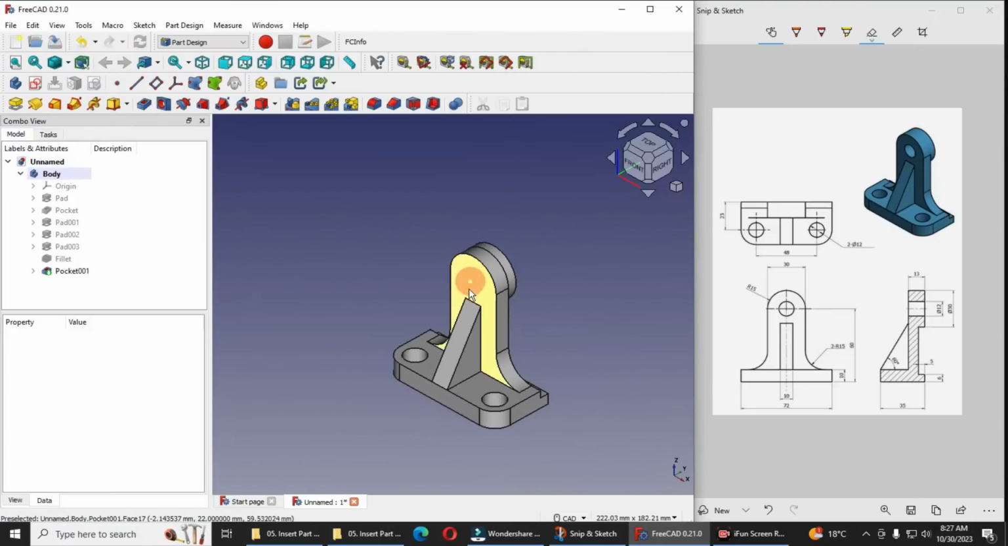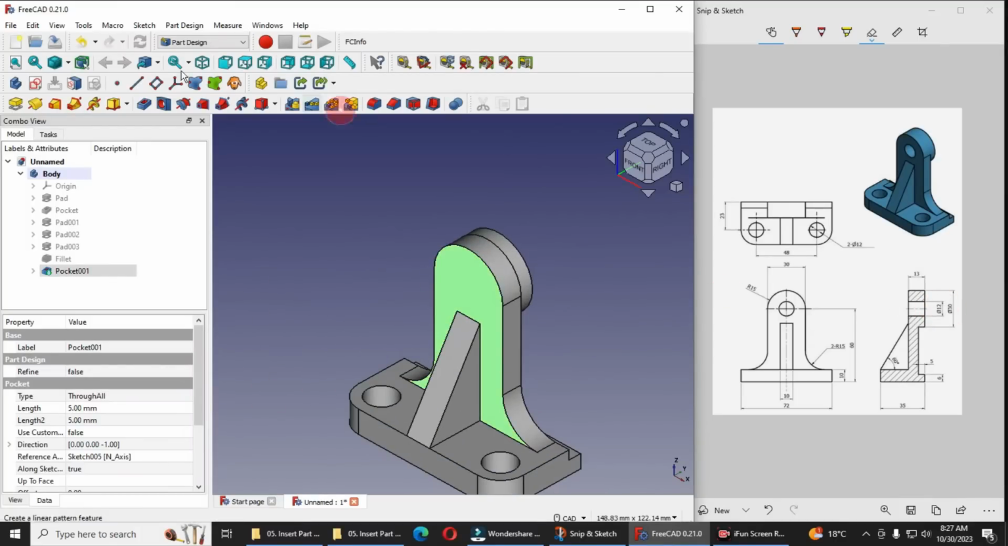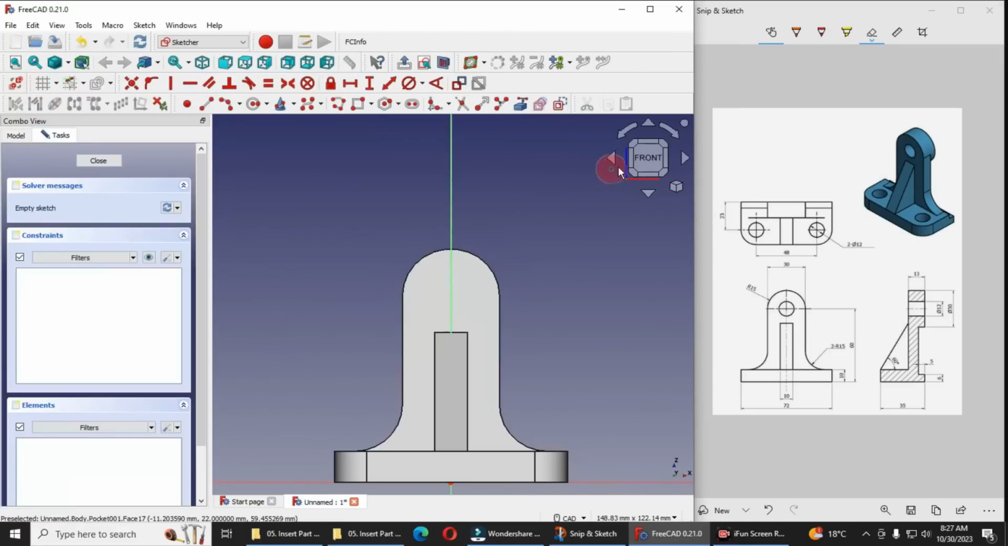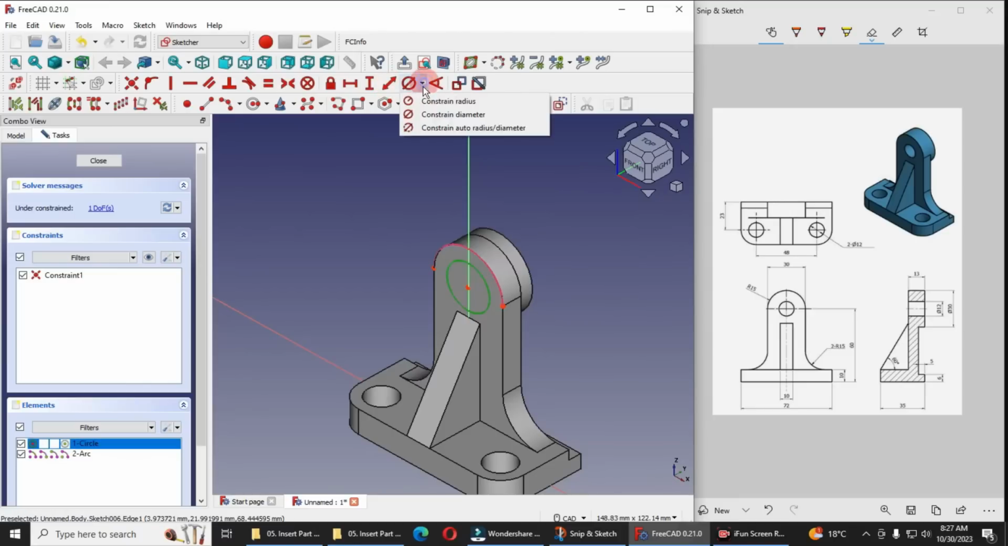Now we will make this dia 12 hole. So I will select the face and create a sketch. I will switch to the isometric, click on the project geometry, click on the circle, and give the diameter of 12